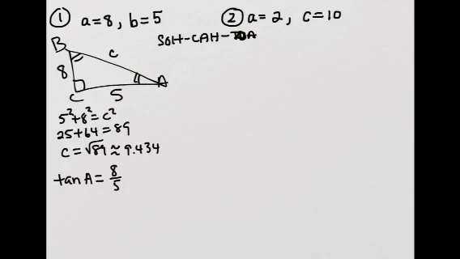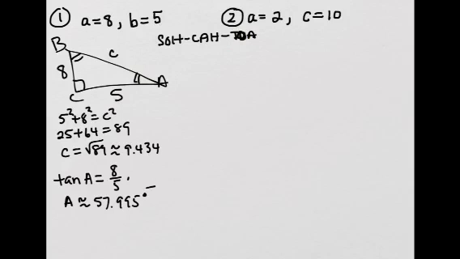Okay, and then inverse tangent of 8/5. Make sure you use parentheses, because if not, the calculator will find the inverse tangent of 8 and then divide that angle by 5. So that'll be the wrong answer. So right here we have A is approximately equal to 57.995